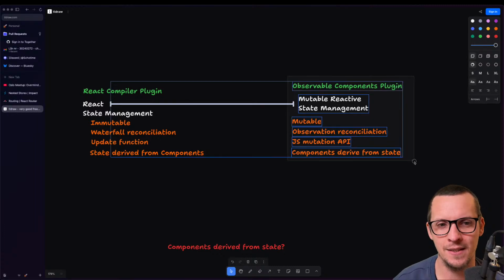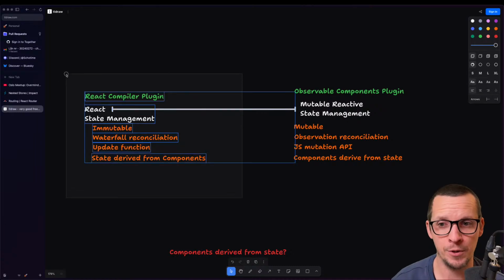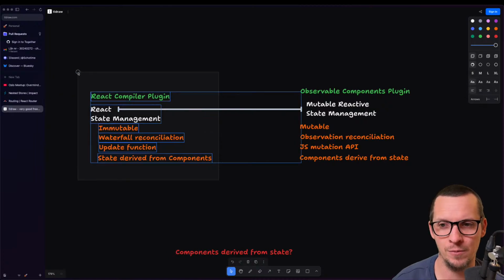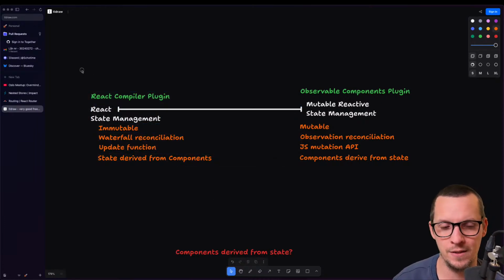So I think that perspective is worth pushing. This is definitely a valid way to manage performance in React, using the compiler and good patterns and all of that stuff. That's worth pushing.